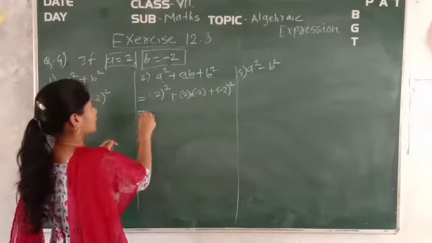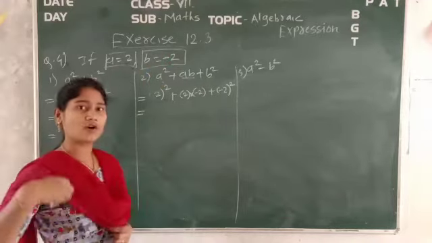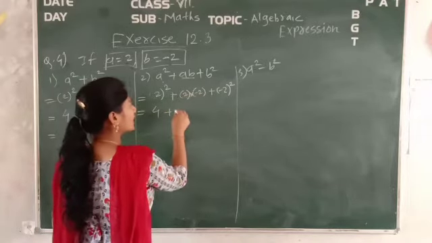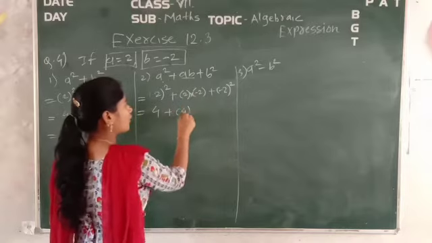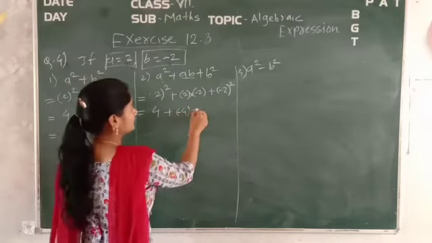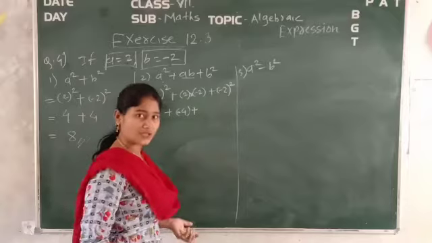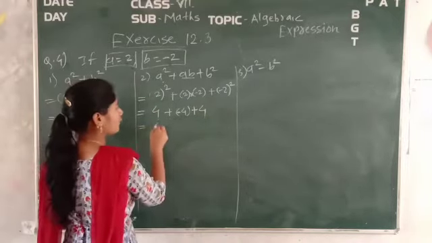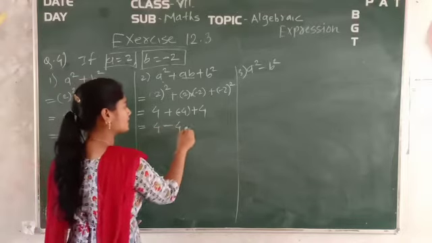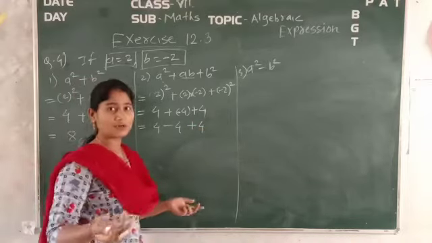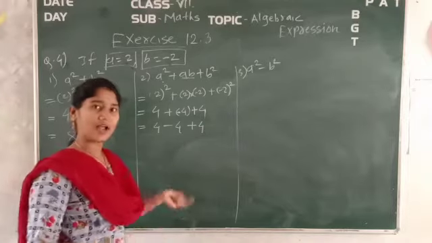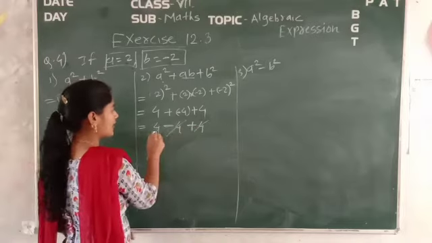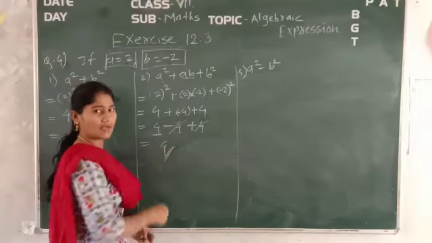Okay. Now next, which is equal to, what is the square of 2? It is 4 only. So put 4 plus, into minus 2, which will be minus 4. Again plus, what is the square of minus 2? Plus 4. That is plus 4 we will write down, which is equal to 4 plus into minus, it will be minus 4 plus 4. Again here you can just cancel it out or even you can add it, it's your choice. That is minus 4 plus 4 will get cancelled out and this plus 4 will be the only one remaining in that expression.